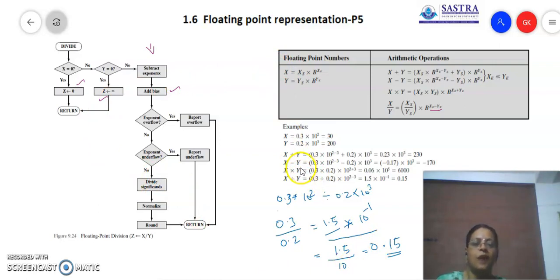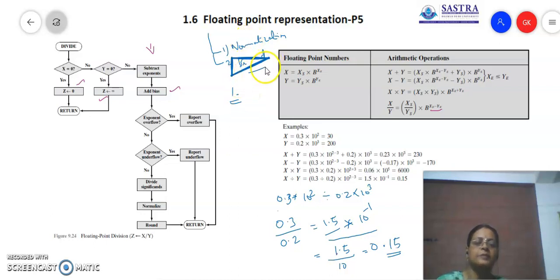So far we have seen how floating point numbers are represented, and as far as floating point numbers are concerned, we have to be clear with two concepts. One is called normalization and the other is called biasing the exponent. Why do we do normalization? Normalization is done in order to remove that extra one. So we always ensure that there is one non-zero digit to the left of the point, and this digit is not internally stored, and thereby we are able to process numbers beyond the range available for storage. And if the result is 0, that 0 cannot be normalized in any case. So that's all with respect to normalization.